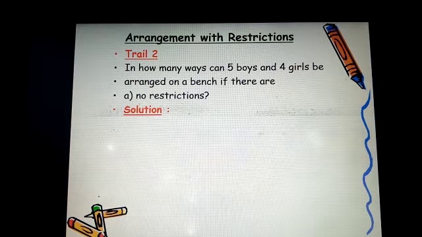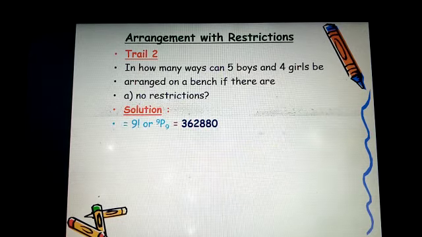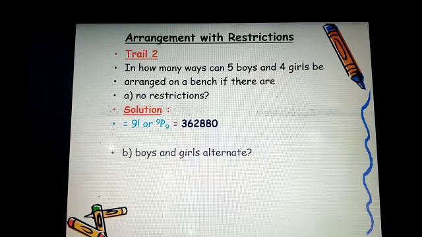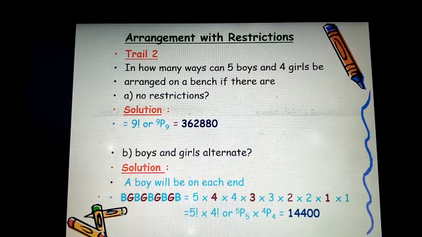So combining them without any restriction gives you 9. That is 9 factorial, or selecting 9 from 9. Let's look at the B part. Boys and girls alternate. In this case, we start with a boy followed by a girl in that order. So that gives us